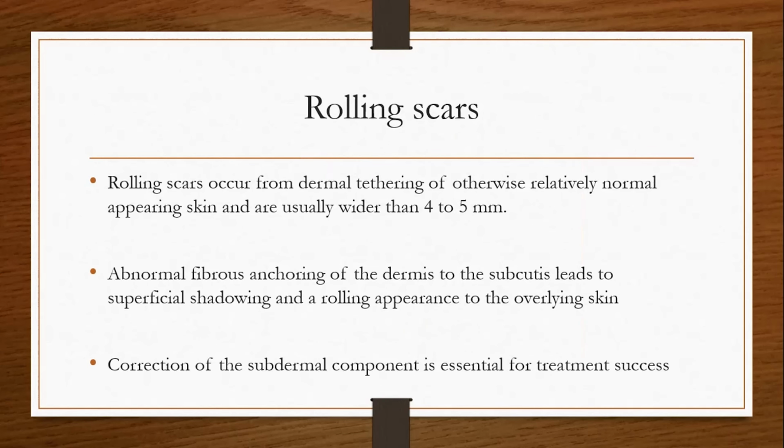Another common scar is the rolling acne scar. Rolling scars are basically because of dermal pulling of the skin. It is because of dermal tethering of otherwise relatively normal appearing skin, which is generally wider than 4 to 5 millimeters, and there is an abnormal fibrous band pulling the epidermis from the dermal